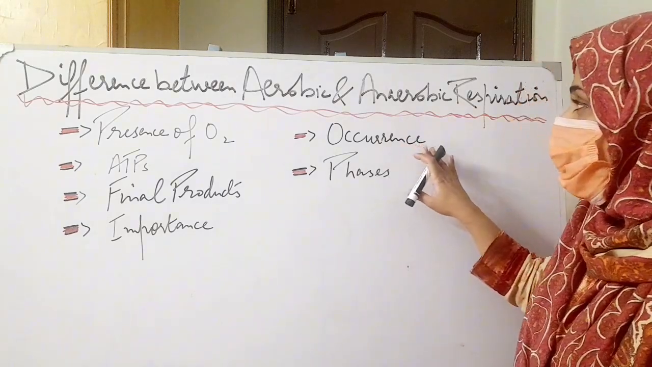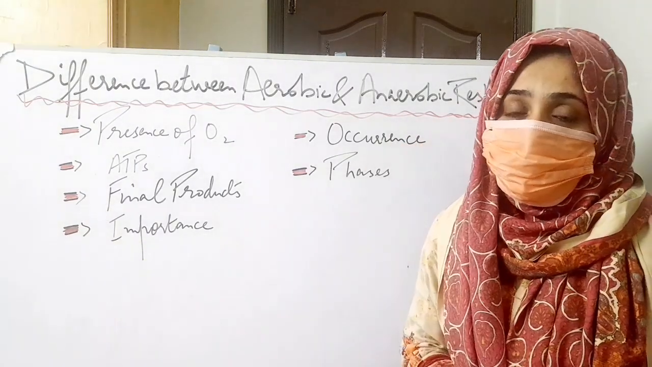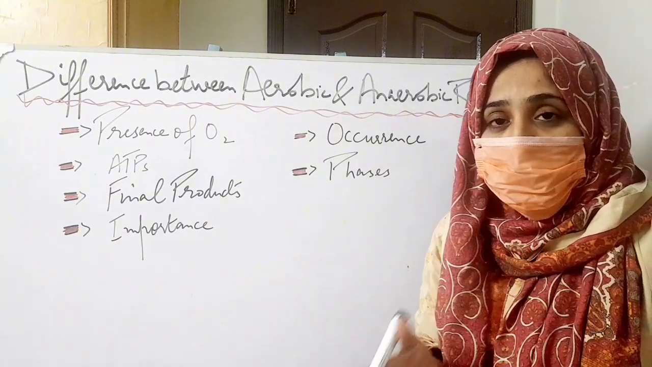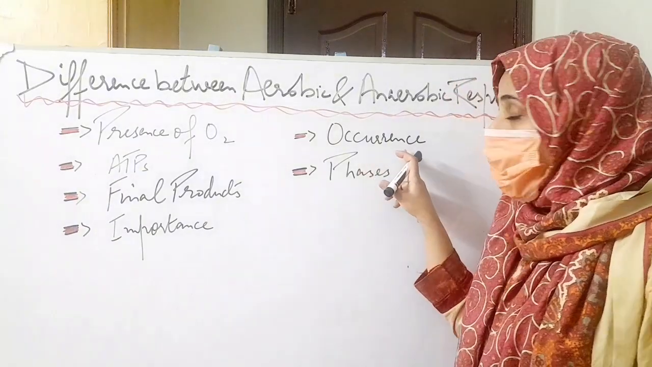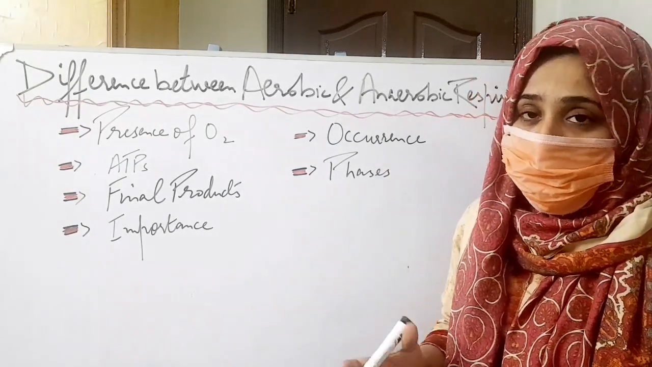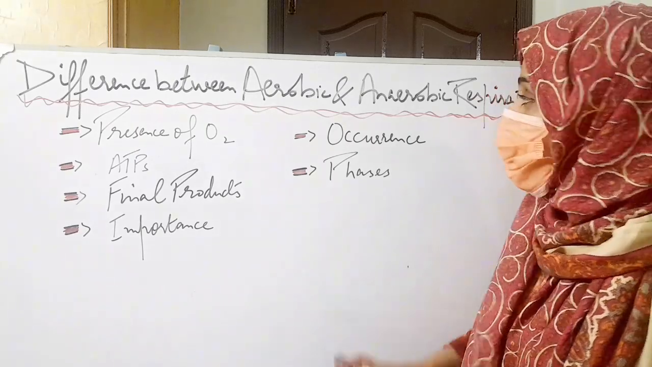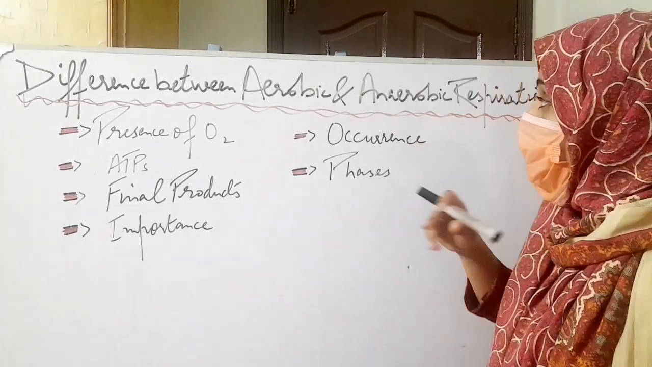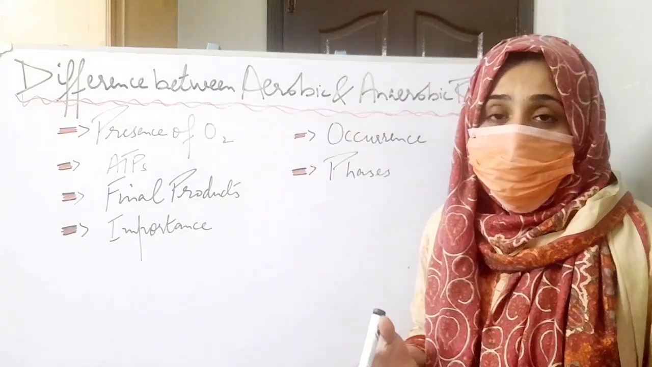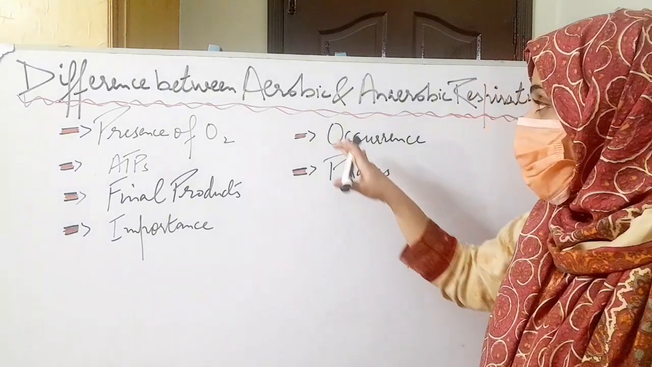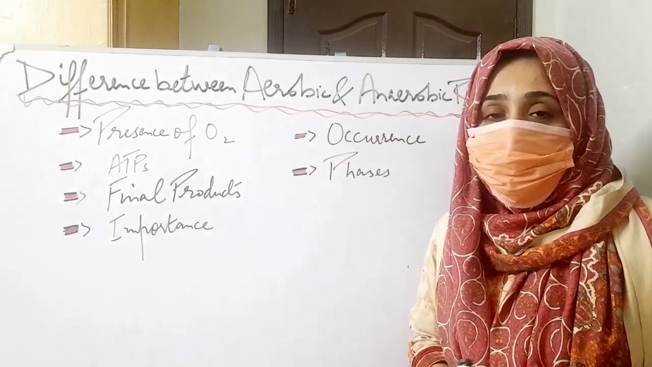Okay, occurrence. Anaerobic respiration takes place in cytoplasm. As we know that Krebs cycle and electron transport chain are missing, so only glycolysis takes place, and the next step of anaerobic respiration is fermentation. So if we discuss the occurrence of anaerobic respiration, it takes place only in cytoplasm, whereas in aerobic respiration the first step, that is glycolysis, takes place in cytoplasm,